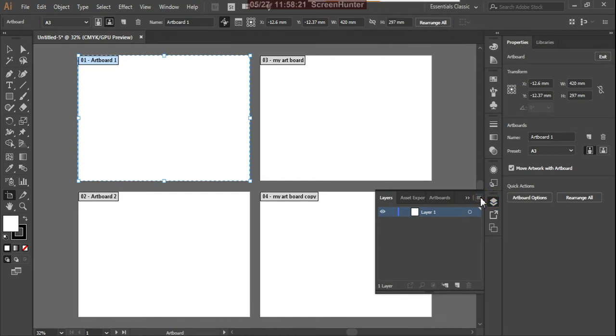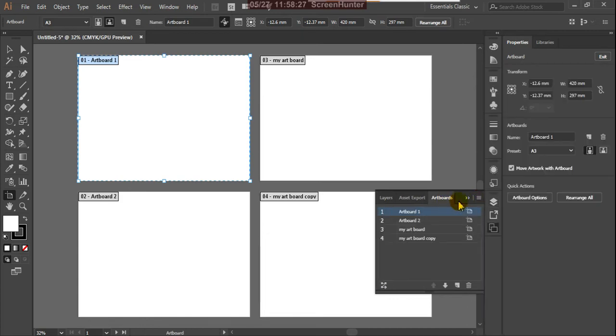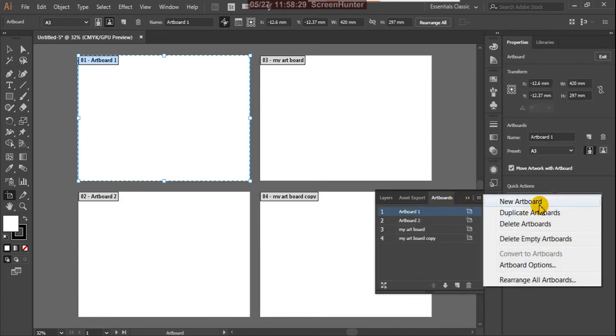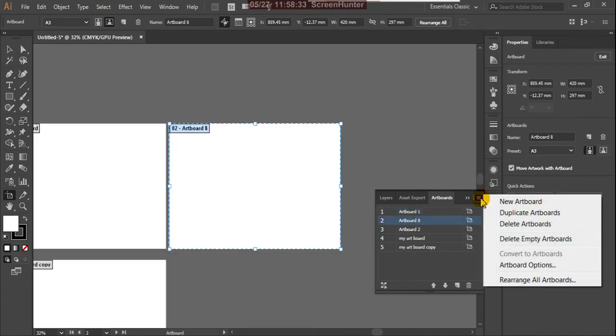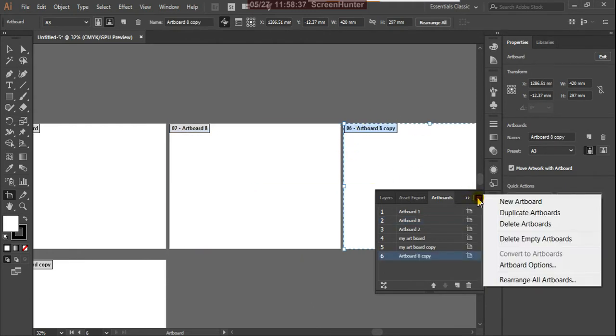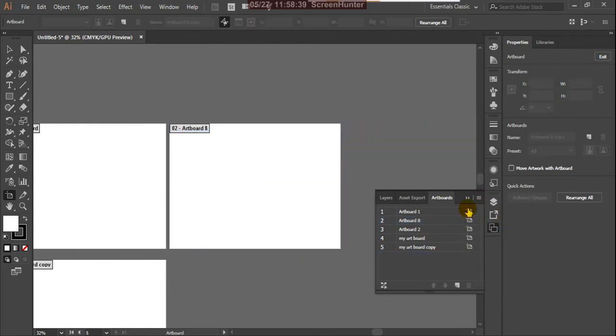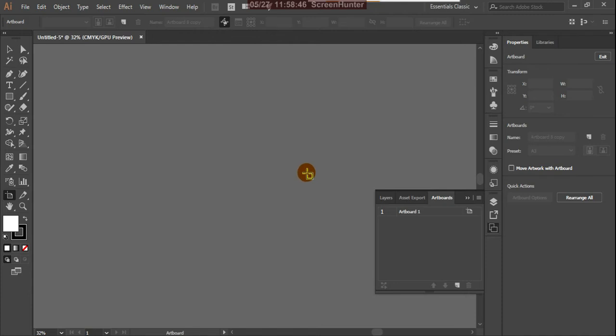Suppose after clicking the artboard, here you can create a new artboard by clicking. And here duplicate artboard, so you can duplicate. Delete artboard, you can delete that. Delete empty artboards, you can delete all empty artboards except one must be there.